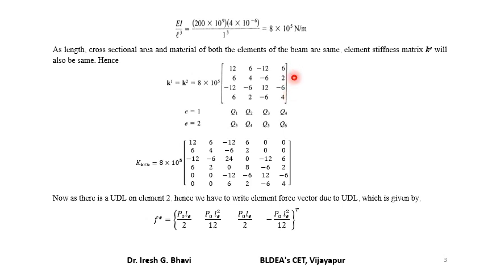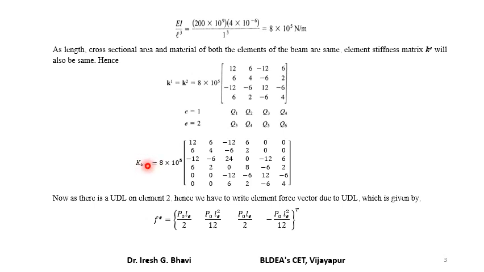Then while assembling, we take this as the first row. First let us consider K1, first row, first column, that is 12 is there. So here also we have to write down first row, first column 12. Like this we already know how to systematically assemble the stiffness matrix capital K. Here you can see that capital K is of order 6 by 6 because in this problem there are 3 nodes and at each node 2 degrees of freedom, that is totally 6 degrees of freedom. Hence capital K is of order 6 by 6.